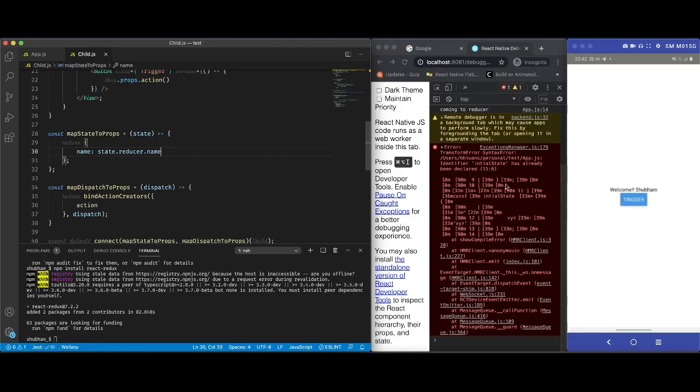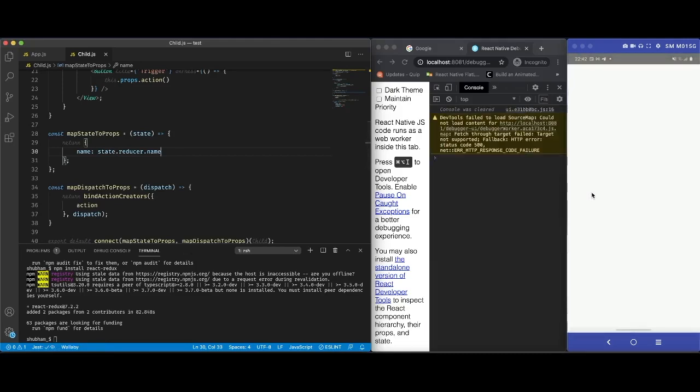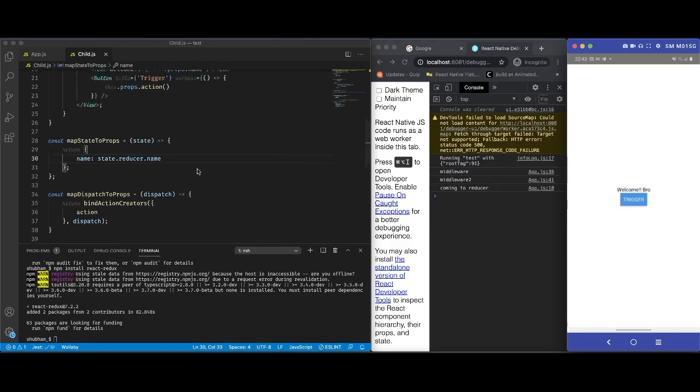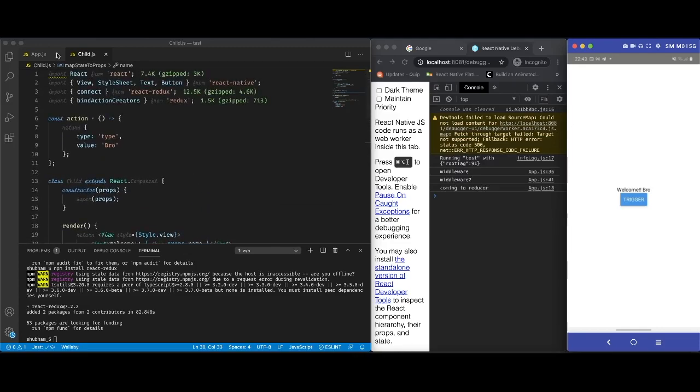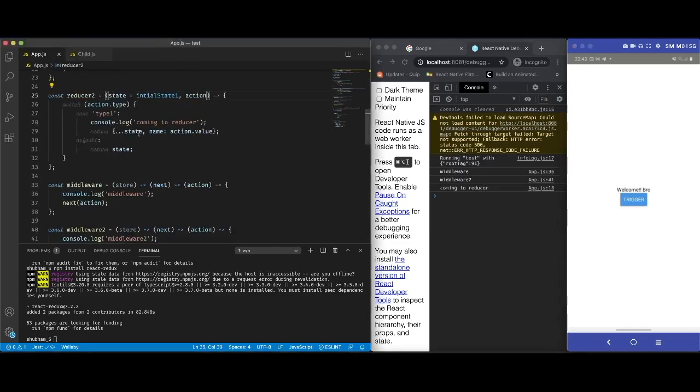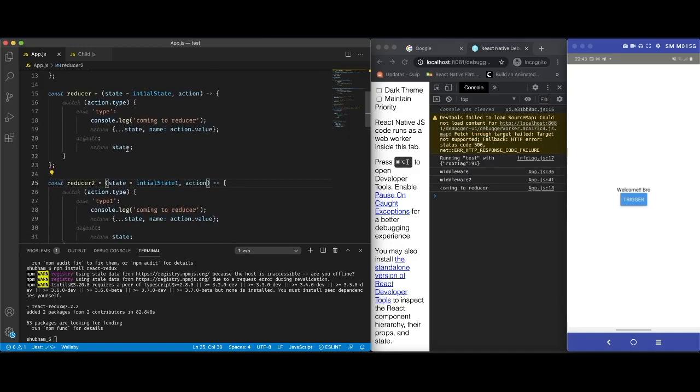We'll see that in action. Let me just reload it, and now I'm going to trigger this button. We can see that only one reducer is executed because only one type has been matched as per the action. So that's it for this video. We'll meet in the next video. Till then, stay tuned.